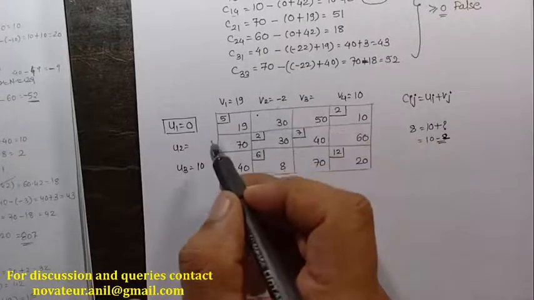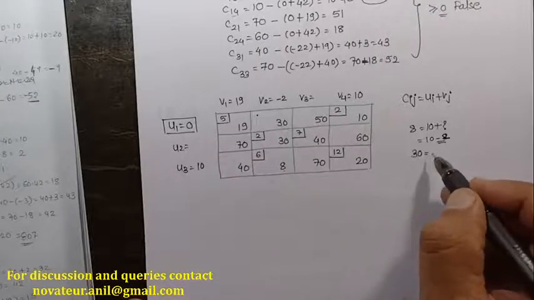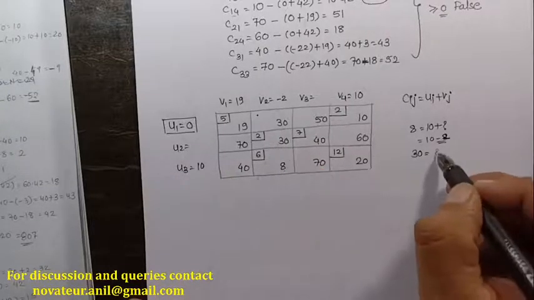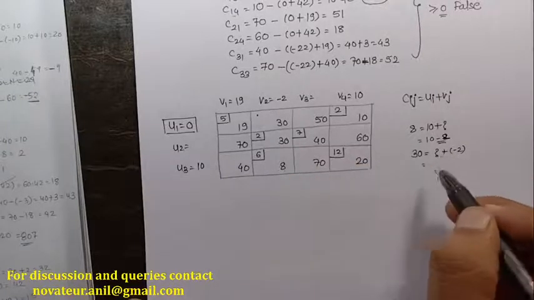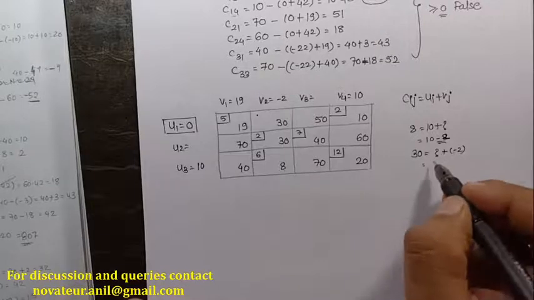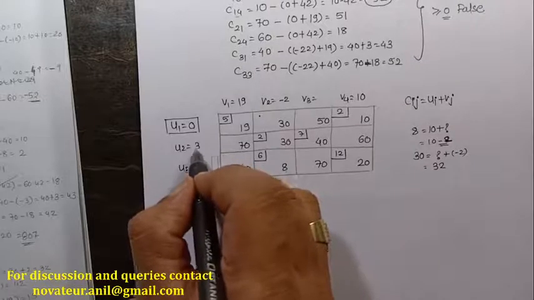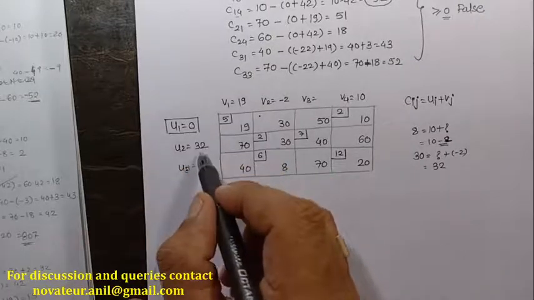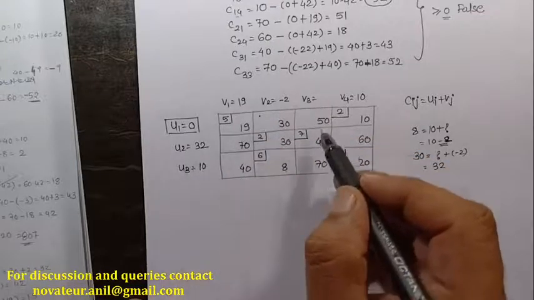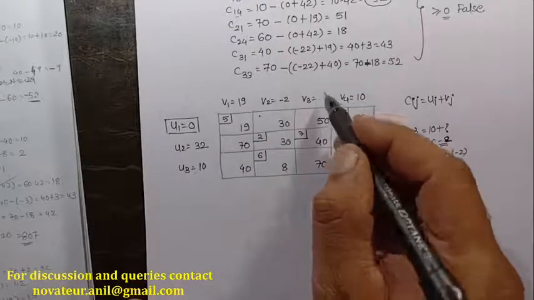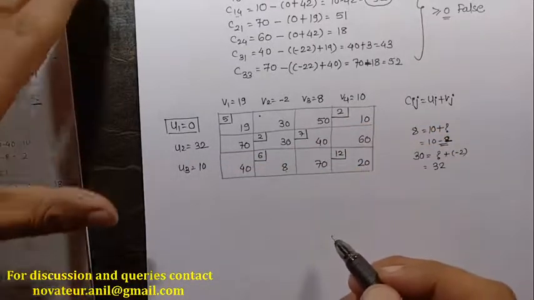Since this is known and this is known, we can find out this for your convenience. 30 plus something in u is equal and minus 2. So this is nothing but, I'll write down 32 minus 2 is equal to 30. So here I'll write down 32. So I got u1, u2, u3, v1, v2, v3 is left. So v3 is 32, 40 something. So I can add 8 here. So 8 plus 32 is equal to 40. So again I'm done with this.